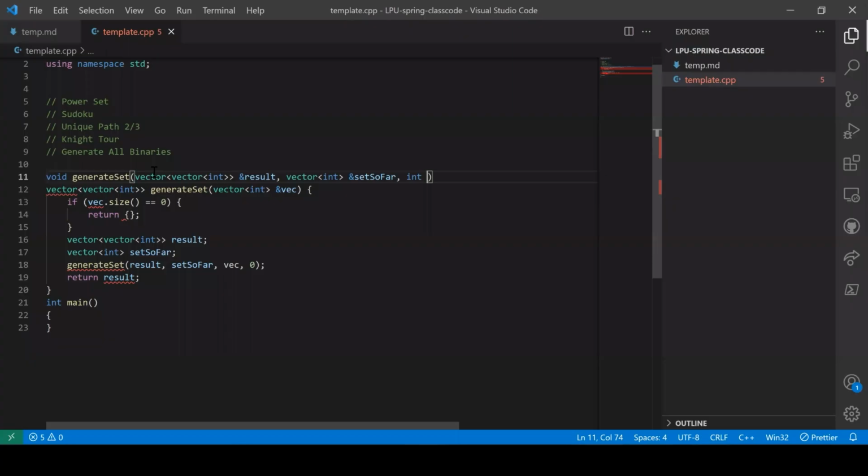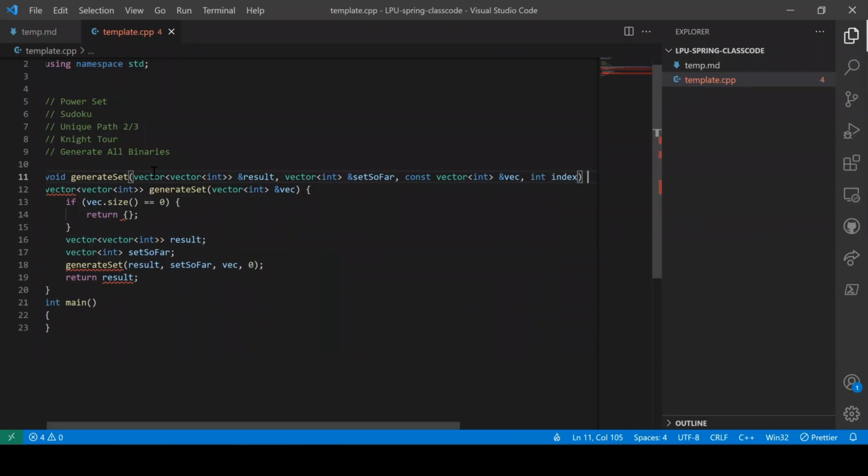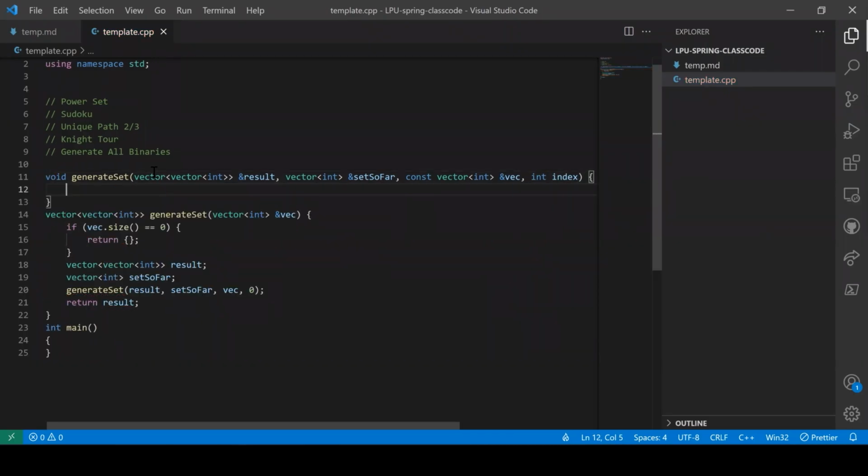So now you have set so far, and you have vector int vec. This is the original set. I'm going to make it constant because I'm not using it, and I'm obviously not updating it. And I'm going to do an int index. Correct. Now let's start. Now if index is greater than or equal to